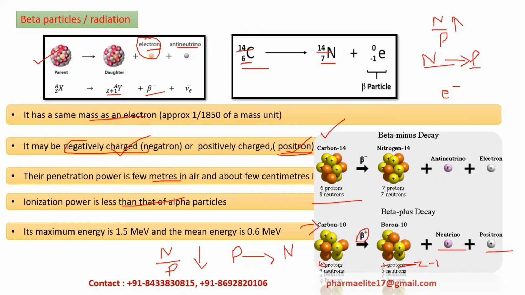The atomic number, right? So here it will be the opposite. In case of an electron or negatron, what is the case? There is Z+1 happening over here. And in case of beta plus decay, or the positron, whenever the positron is released, it will be Z-1. And you have to remember that there is no change in the atomic mass of an atom. So this is a beta decay.